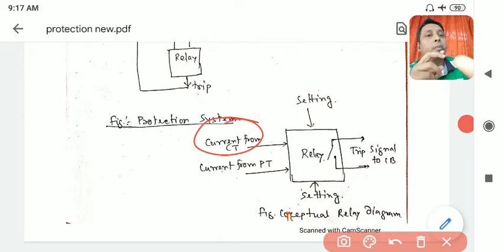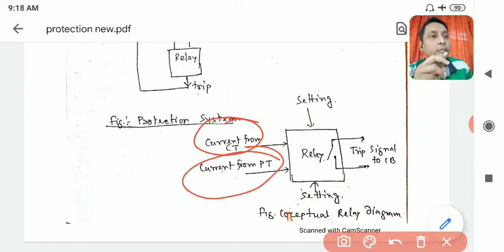Now the conceptual relay diagram. It will sense current from the CT, and it will sense voltage from the PT, and it will indicate the appropriate magnitude of that voltage. Then you will give some settings. Suppose you are sensing current, and you know that up to 10 ampere there is no fault, and above 10 ampere it is a fault. Suppose you also set a time of 1 second: up to 1 second it should not trip, it should wait. So these are time settings and current settings, different settings you can provide in the relay. If the relay senses that the value it is getting is above that threshold setting, then only it will trip. Otherwise it will not trip.